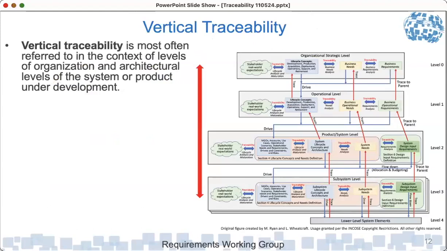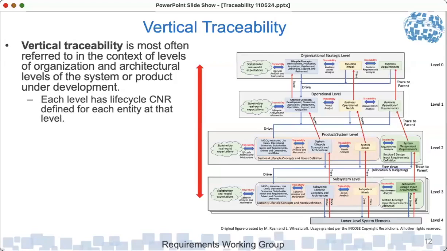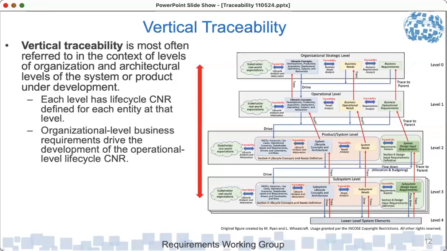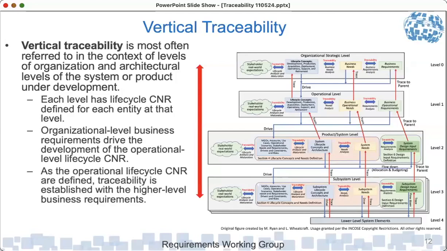We talk about vertical traceability. It's most often referred to in context of levels of an organization or architectural levels. Each level has its own set of lifecycle concept needs and requirements defined for the entity. Organizational business level requirements drive the development of operational lifecycle concept needs and requirements. As the operational lifecycle concept needs and requirements are defined, traceability is established with their high-level business requirements that they're addressing, and then this repeats for each level. So all the red lines, you can see we have traceability from one level back up to the previous level